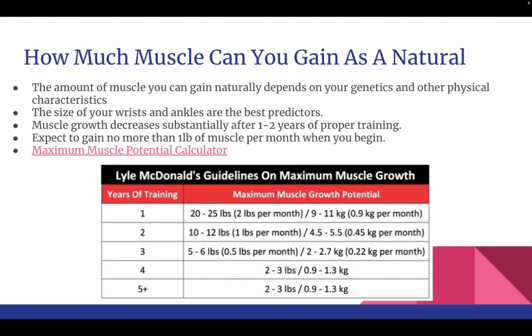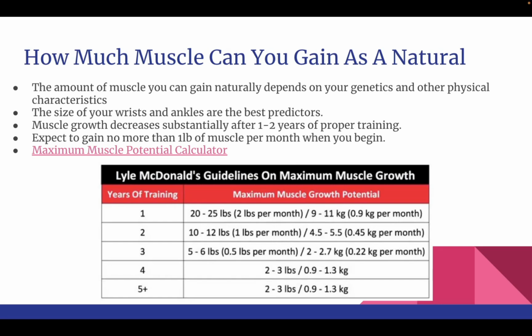All right. So, like I said earlier, I remember being a beginner and thinking to myself, I'm going to be as big as Arnold Schwarzenegger. Oh, I'm going to be as big as Ronnie Coleman, John Cena. And I have buddies tell me, yeah, those guys are on steroids. No, they're not on steroids. I think they're natural. Boy, was I wrong. Okay. So that begs the question, how much muscle can you gain as a natural?